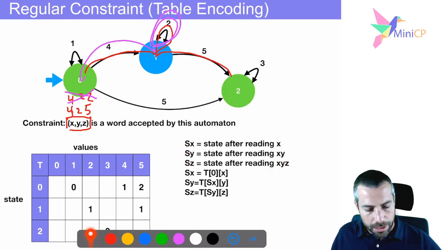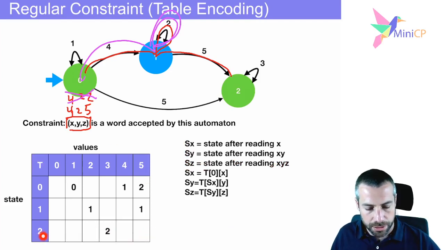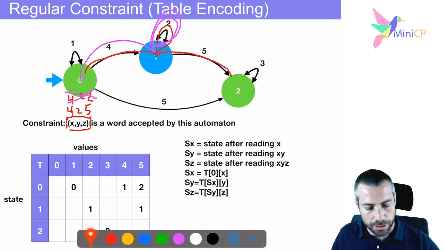Okay, this represents the transition matrix of your automaton. So if you want, this is really the implementation table of the automaton. You have the states here on the column sides, and you have the values on the row sides. And so the semantic of this is that if you are in this given state, you read the input 1, you go into state 0.